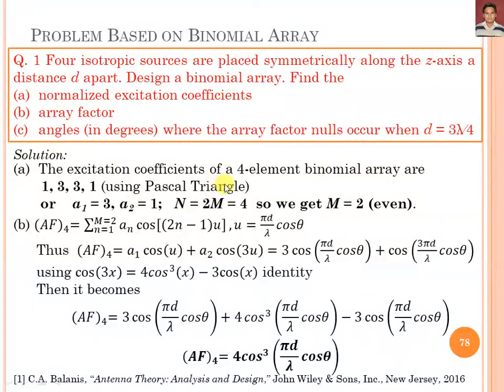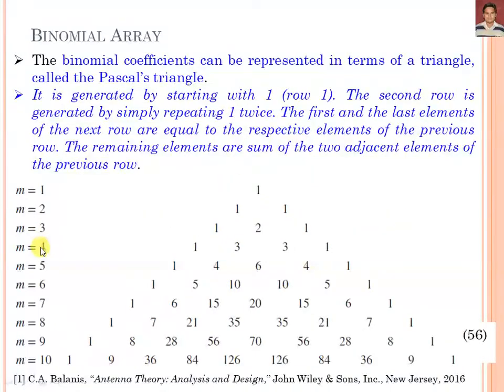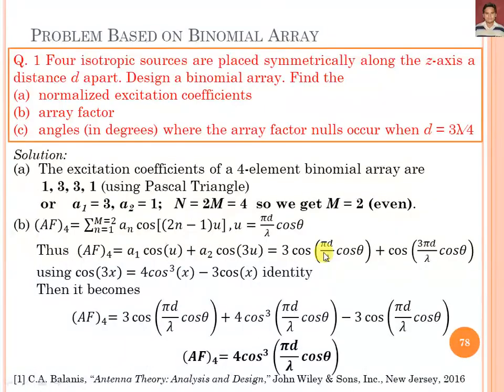As you can see, the number of elements m is equal to 4, in that case 1 3 3 1 are the coefficients. And this is the series expansion method. We calculate a1 equal to 3 and a2 equal to 1. Here 2m is equal to 4, so we get m equal to 2, which means an even number of elements. So we can calculate the array factor of 4 elements, with n equal to 1 2, m equal to 2,